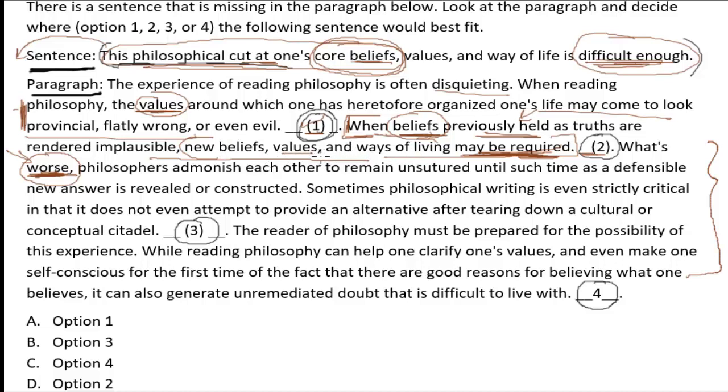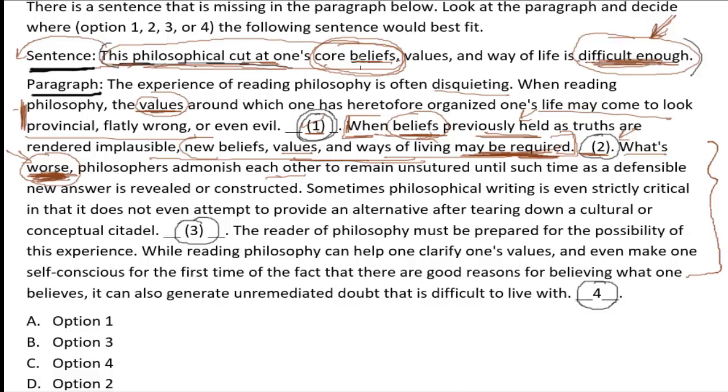It could be good. But the bad thing comes later when the author says that this philosophical cut at one's core belief and way of life is difficult enough. So it is difficult enough, and what is worse, that philosophers admonish each other. So to complement this worse, you need to have this difficulty. Why? Because in the preceding sentence before this blank 2, there is nothing negative. So if there is no negative, then this worse word is not justified. The presence of this sentence in blank 2 justifies the word worse, and the word difficult enough is complemented, and